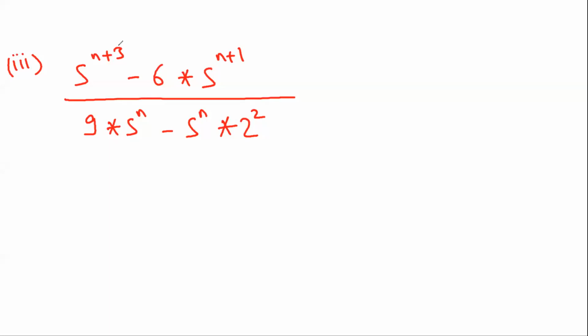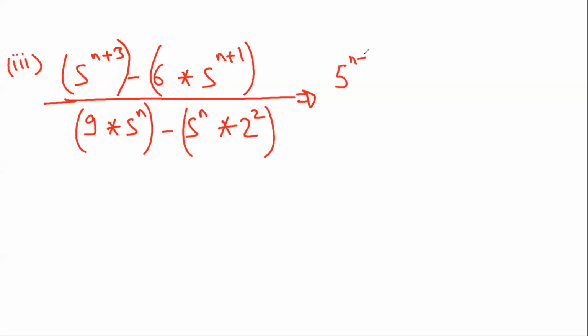So this is one part. This is one part. This is the second part. This is the third part. This is the fourth part. Now what I'll do is I'll write this 5 raised to power n plus 3 as 5 raised to power n plus 1 into 5 square, minus 6 into 5 raised to power n plus 1, whole upon